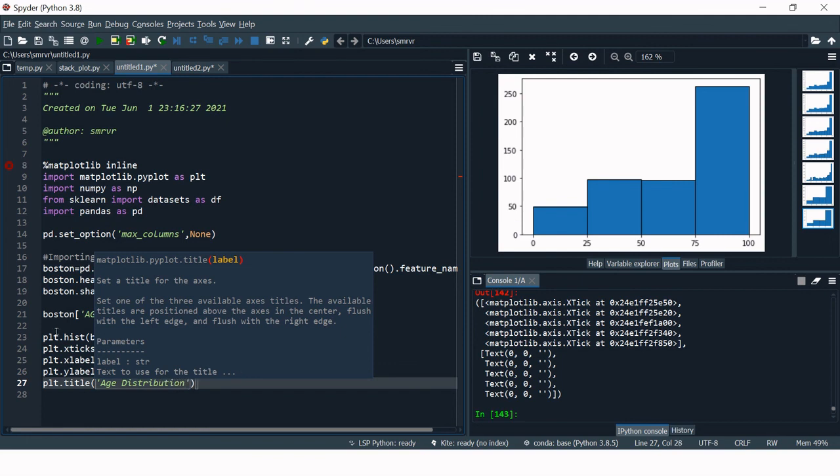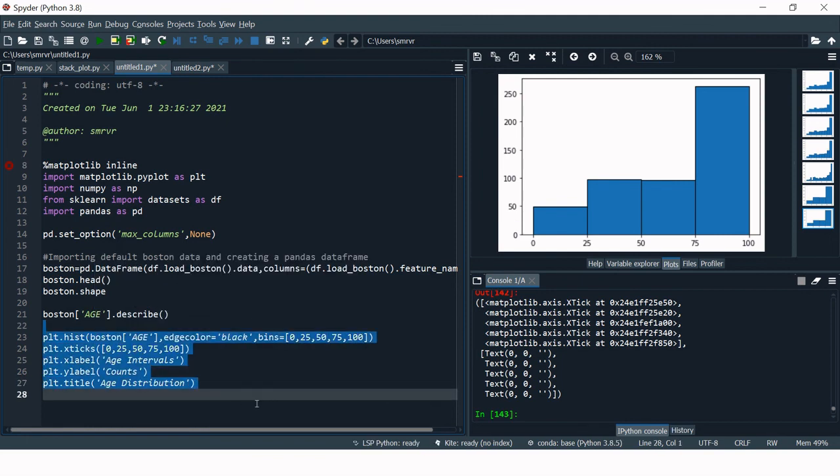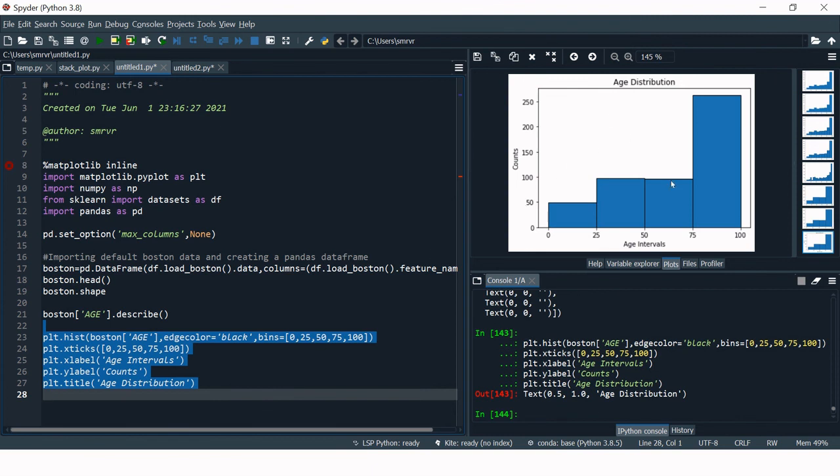Then you can simply run this. Here we go, here we have everything written. So this is how you can create a histogram.